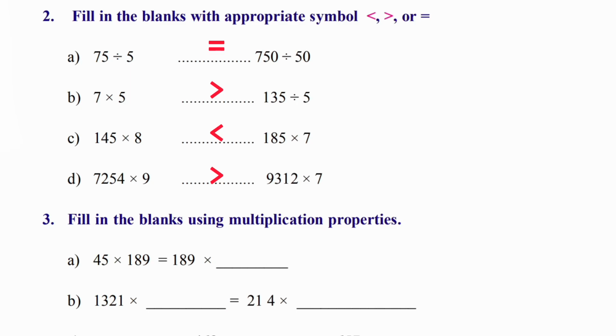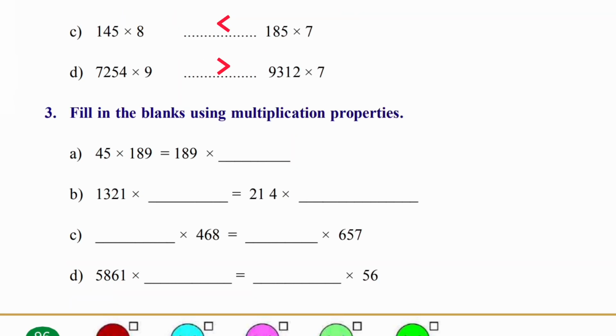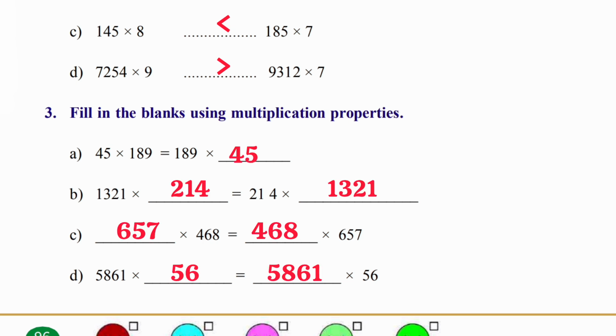So, got it, guys? Now we'll move to the third Roman, which is fill in the blanks using multiplication properties. Okay, we all know the property a into b equal to b into a. So this is the way of the multiplication property. Let's do this. So first one is 45 multiplied by 189 is equal to 189 multiplied by 45. Okay, next second one,